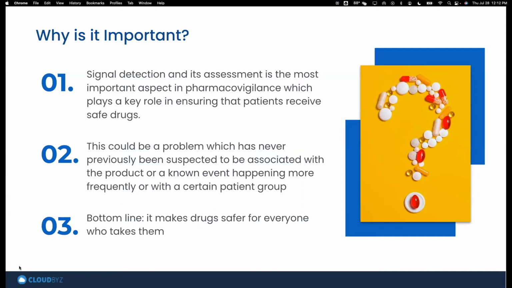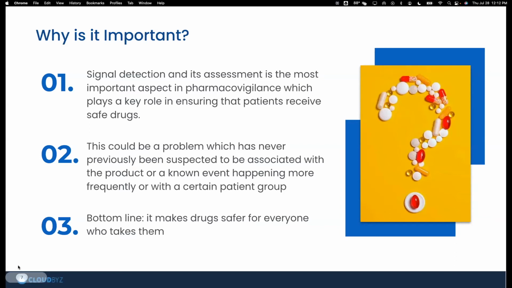So it spans the gamut between things that we take every single day that are in our medicine cabinets that are OTC, all the way to the newest and most recent entrants into the pharmaceutical space, like Paxlovid. And obviously we need to think about any kind of drug that might be used every day by a whole group of different people, whether it's statins, right, or antidepressants, all these different kinds of drugs that we take every day. It's incredibly important that we ensure that they're both safe and efficacious, that they do what they're supposed to do.